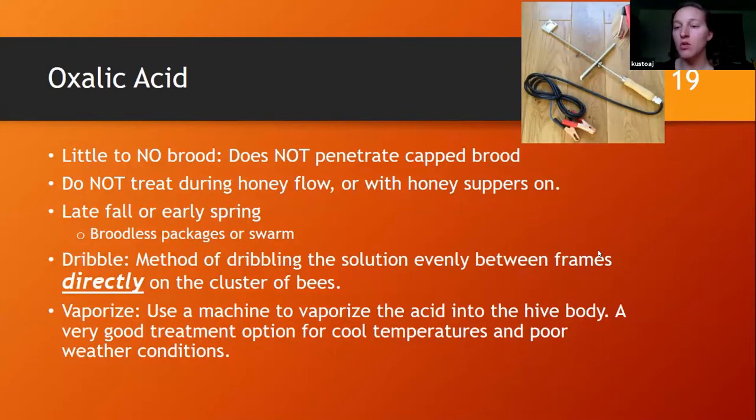The only 3 treatments that you can use when your honey supers are on are your Hopsguard 2 or your Hopsguard 3, your Formic Pro, and your Mite Away Quick Strips. That is it. I can't highlight or underline that enough in your brain. Those are the only treatments when your honey supers are on, nothing else. Because people are like, oh, I took my honey supers off for a day, I used the oxalic acid, and then I put them back on. Please don't do that either,